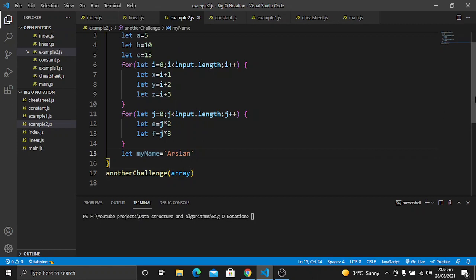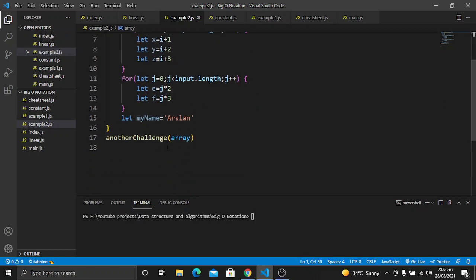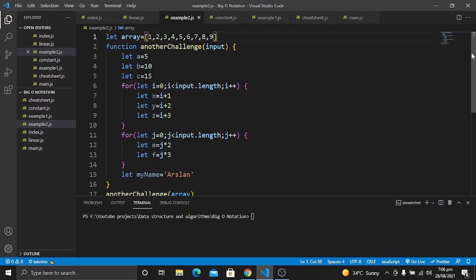Let's save it. Now you will see we have created an array and passed this array as an argument, and we are receiving this argument. Then we have created some variables, and then another variable to store these values, for the inputs through which we are iterating.